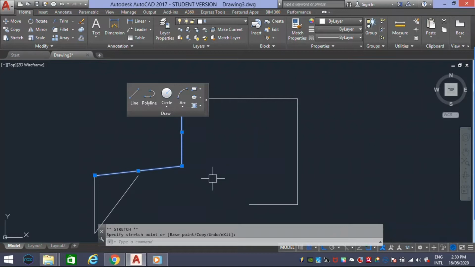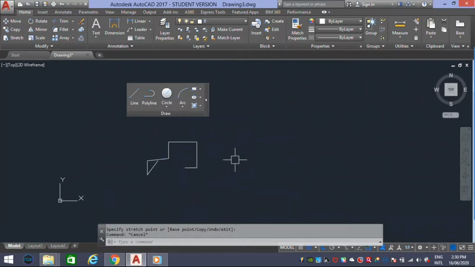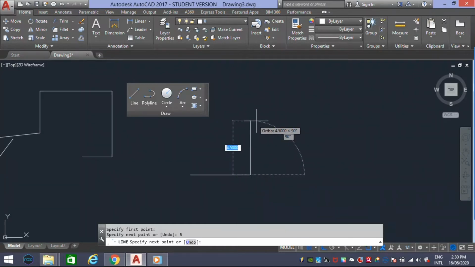And repeat the same thing by using measurement. For measurement, we need to follow the unit setup, which can be converted to feet and inches, or meters or millimeters. Here I am using a random value, some 5. L enter, starting point, giving my value 5, enter. That's it. If you want to continue further, you can give some other value or you can move with the same value. Till now the line command is done.